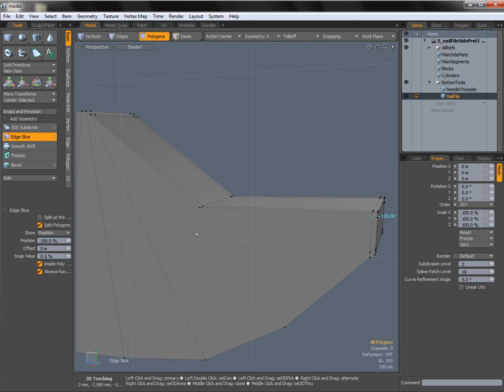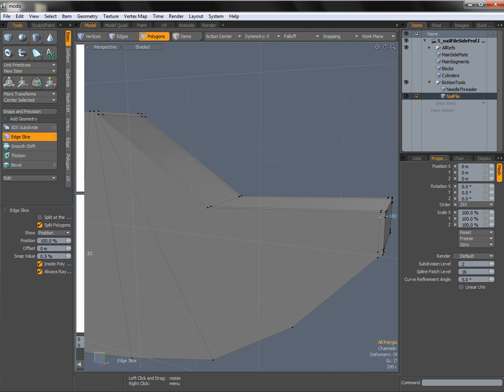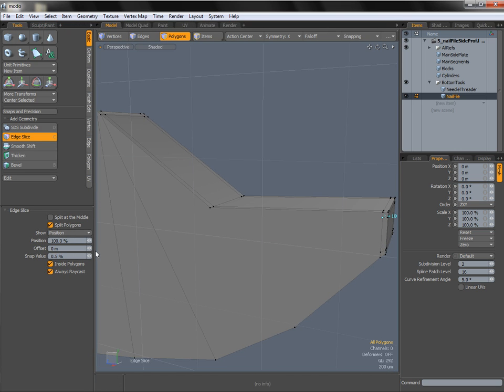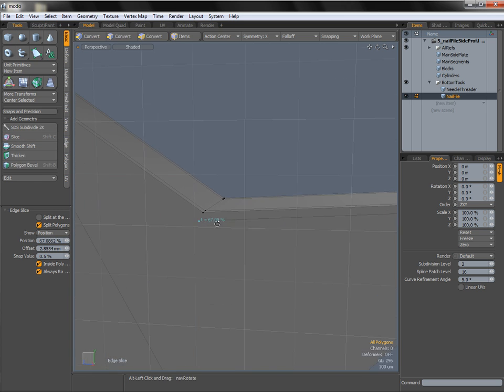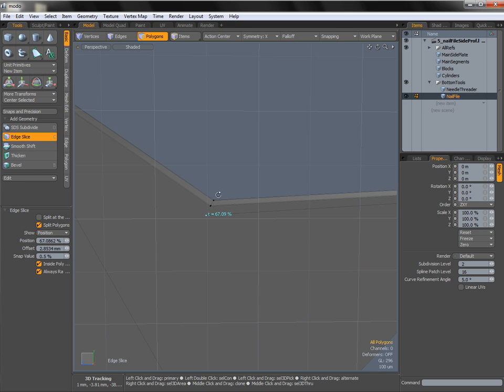However, Modo does take care of that, and as long as your inside polygons option is turned on down here, you can actually click in the middle of a polygon where there aren't any edges whatsoever and leave an extra vert. This is a very useful thing that I do all of the time, especially when you've got a giant n-gon and no edge to connect to. So I'm going to grab this extra vert and pull it up so it would be pretty much where we'd want it if there was an edge here,